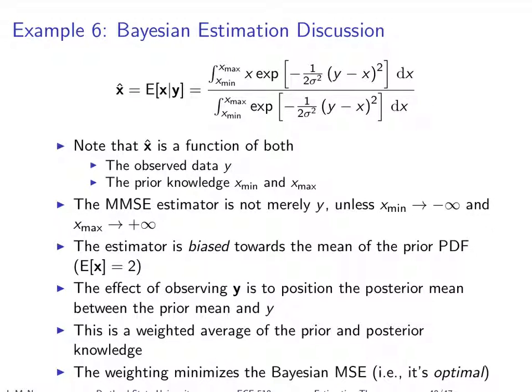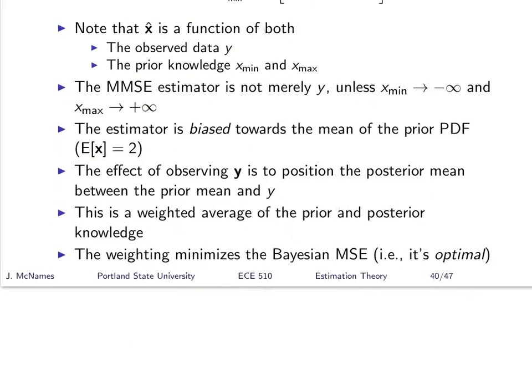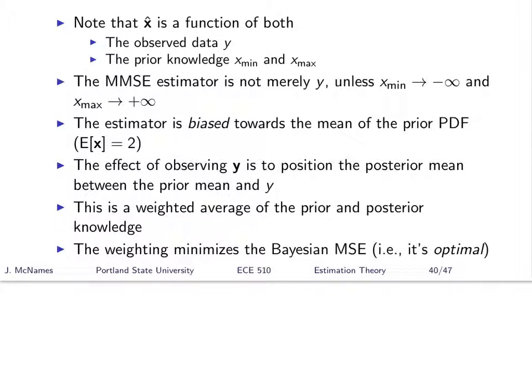And again, part of the reason that we're going through all this is because as graduate students, getting a master's degree or a PhD, we often reach for some form of optimality. In this sense, this Bayesian estimate minimizes the Bayesian mean squared error. So there's an optimality criterion by which we can say it's optimal. And that's usually a good thing, especially when you're writing a paper or defending a thesis or a PhD.